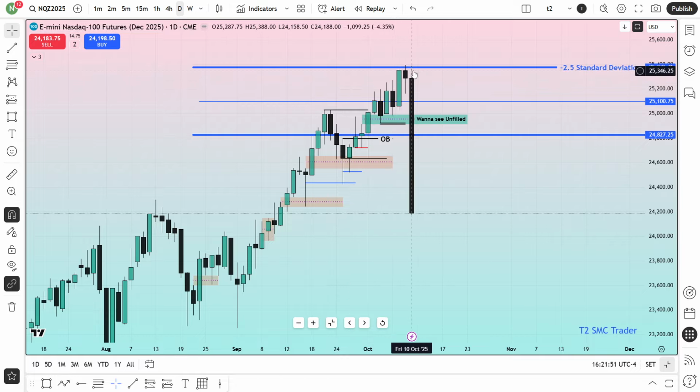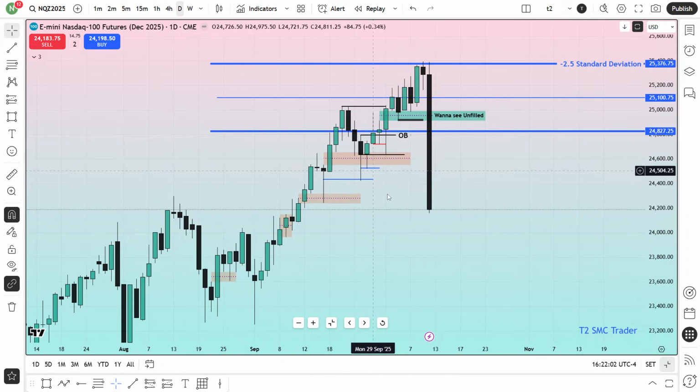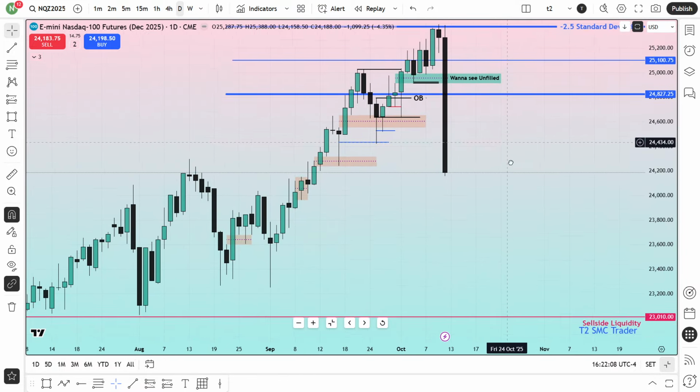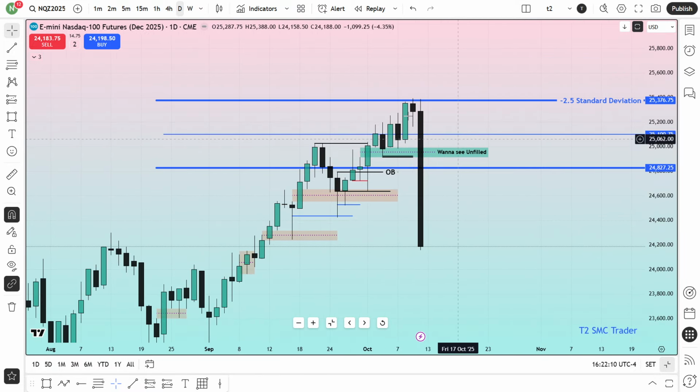In a very algorithmic way, the market maker used this standard deviation and sent the market lower with Trump's tweet, the tariff tweet or whatever it is. By using that, boom, the market fell until here and stopped over here. Now, I would love to go to a bit lower time frame.